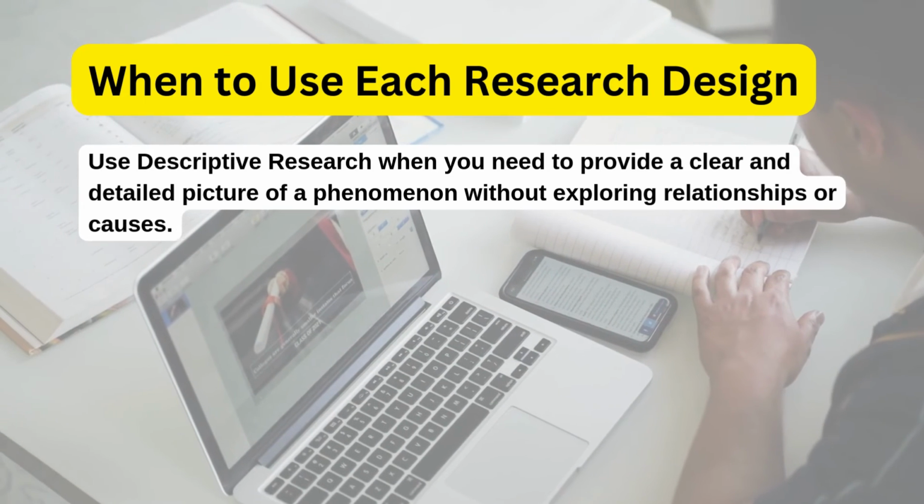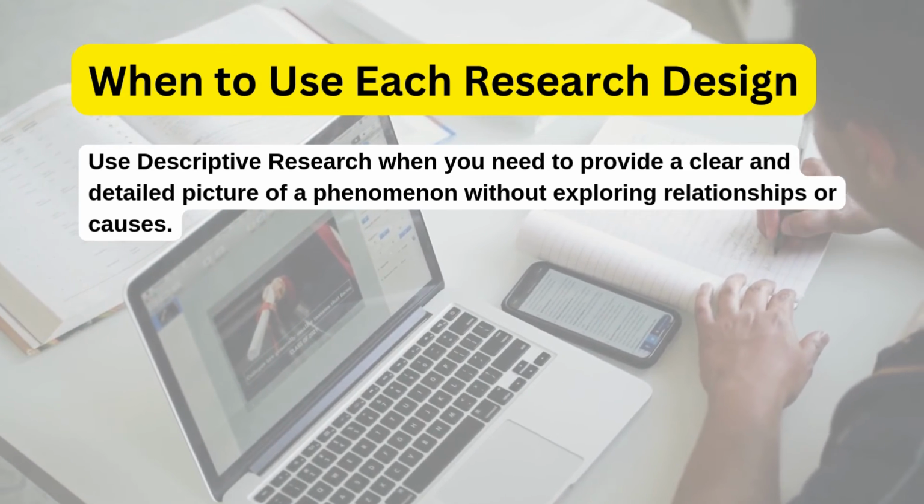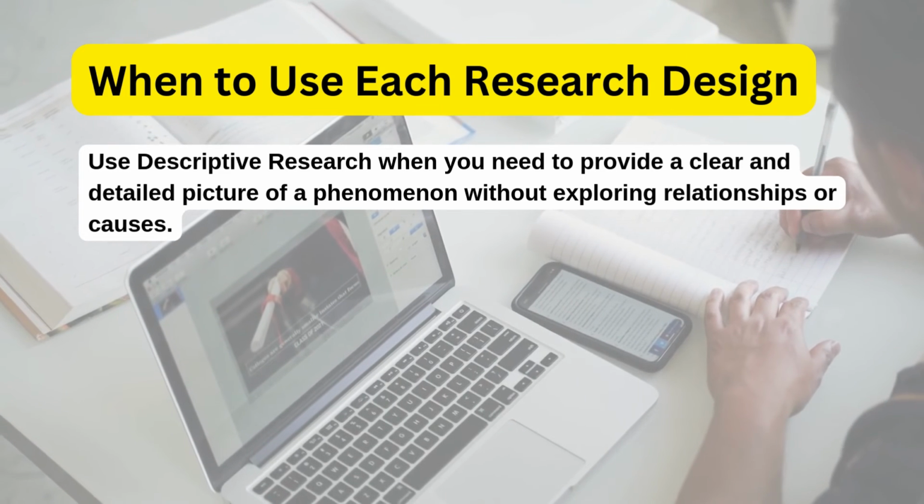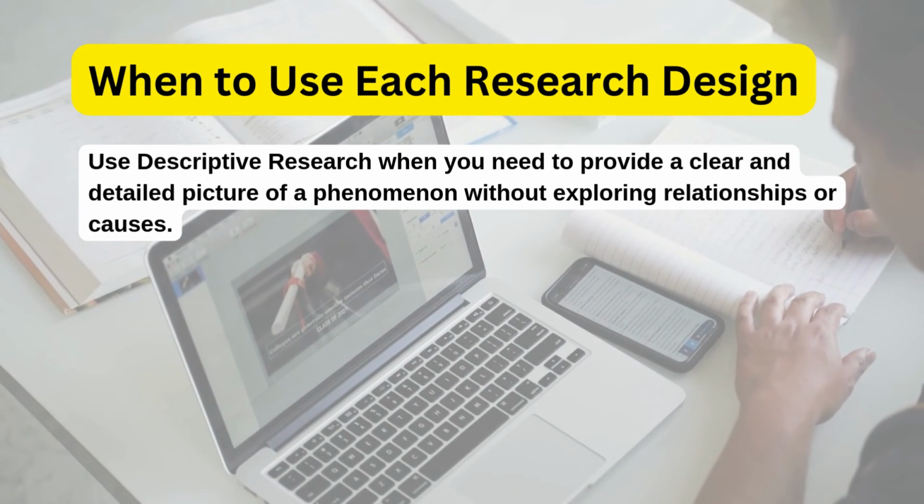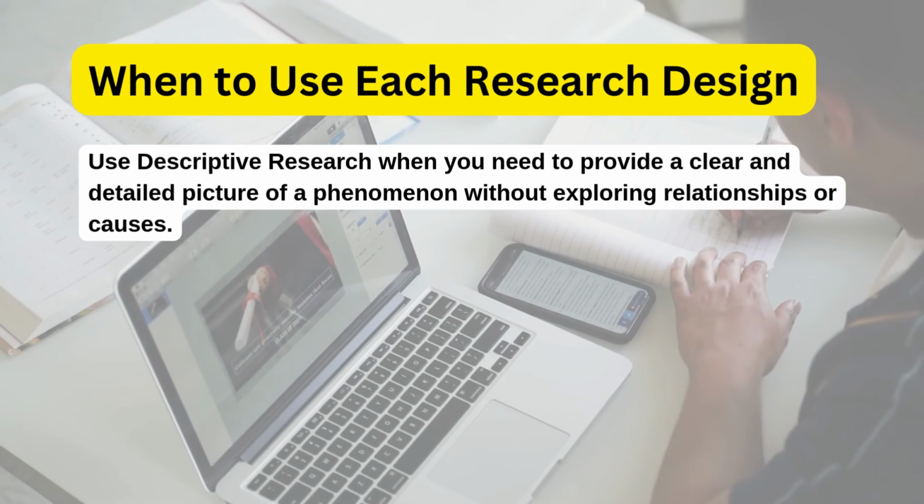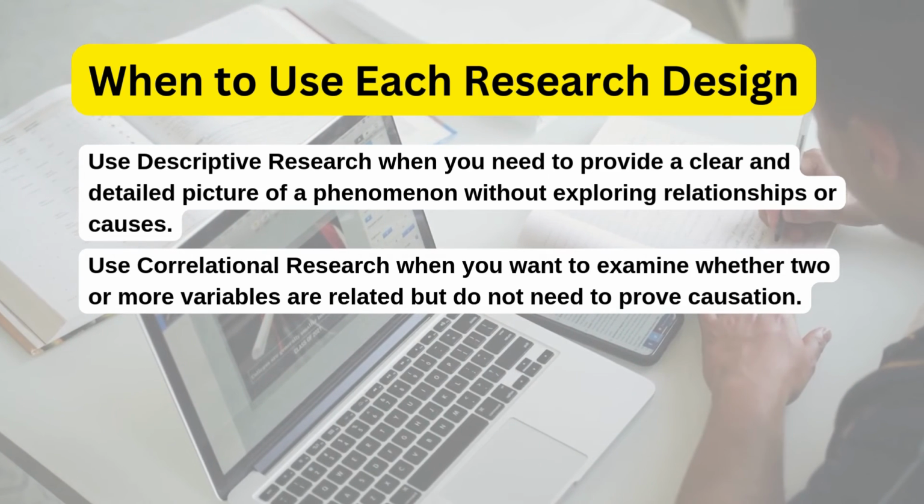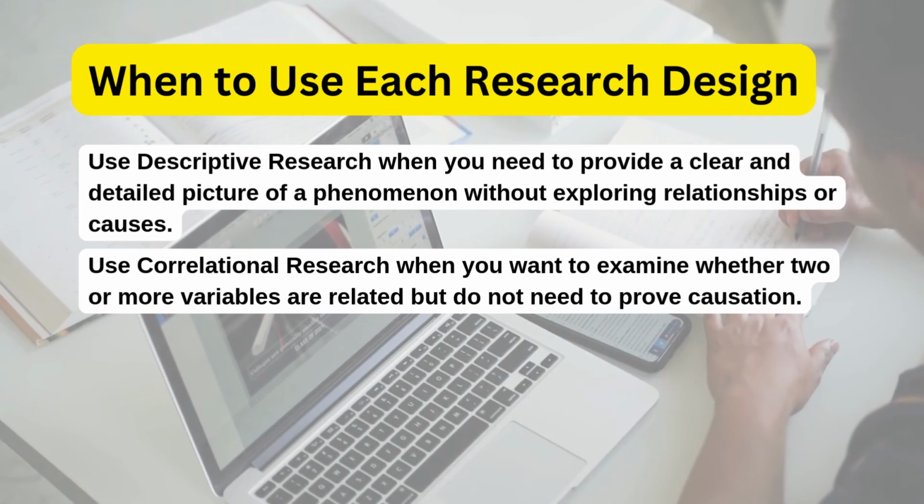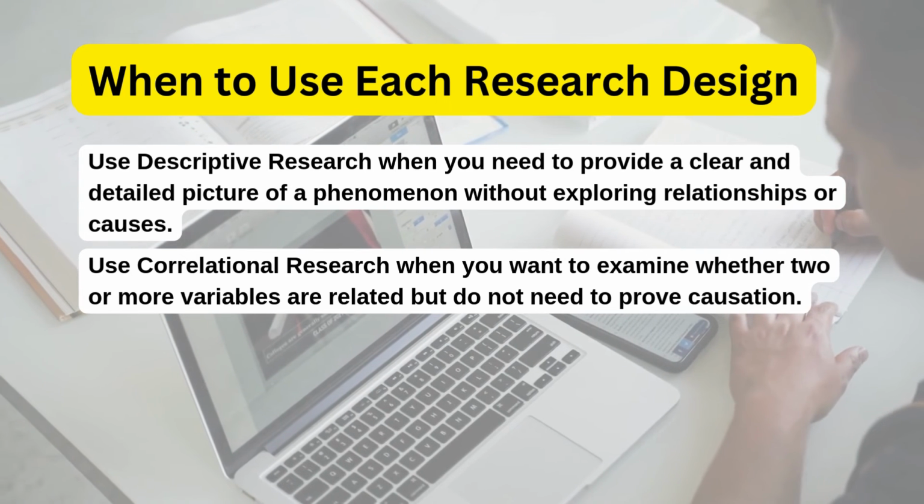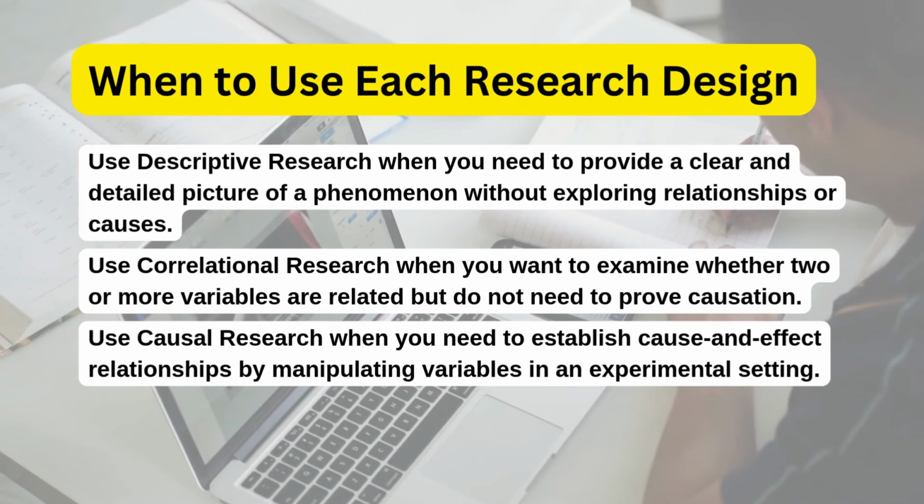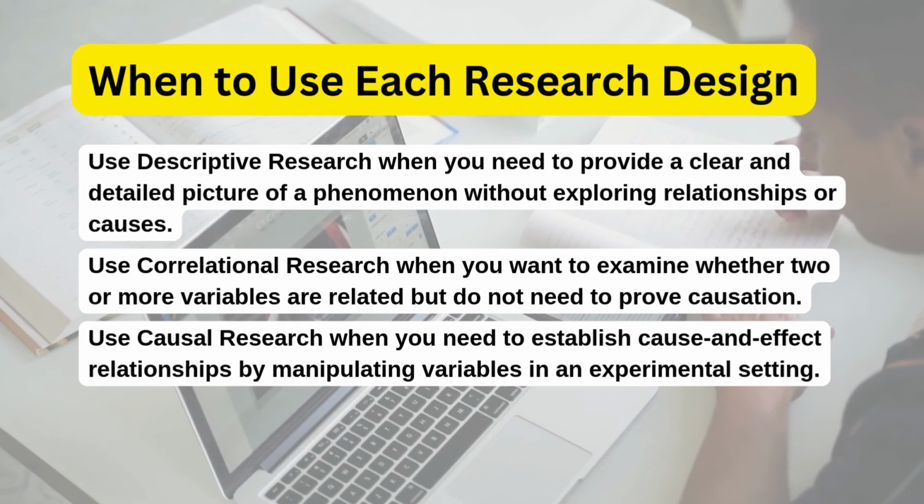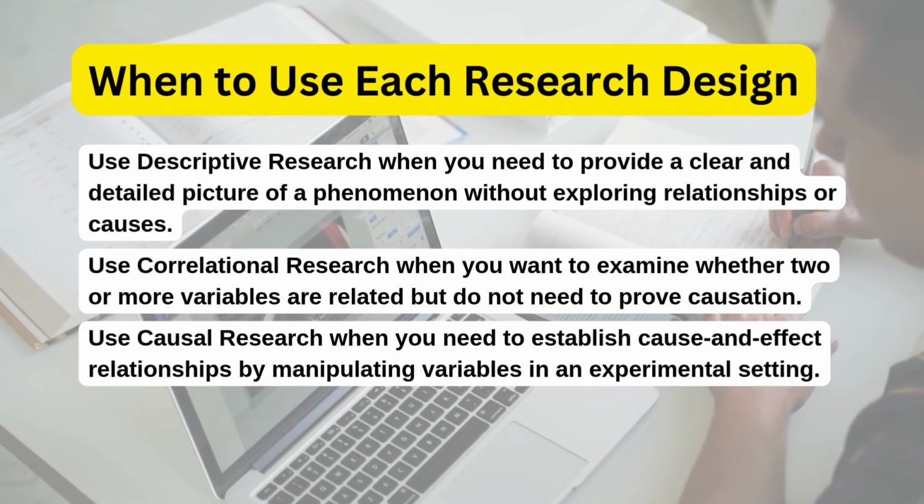When to use each research design. Use descriptive research when you need to provide a clear and detailed picture of a phenomenon without exploring relationships or causes. Use correlational research when you want to examine whether two or more variables are related, but do not need to prove causation. Use causal research when you need to establish cause and effect relationships by manipulating variables in an